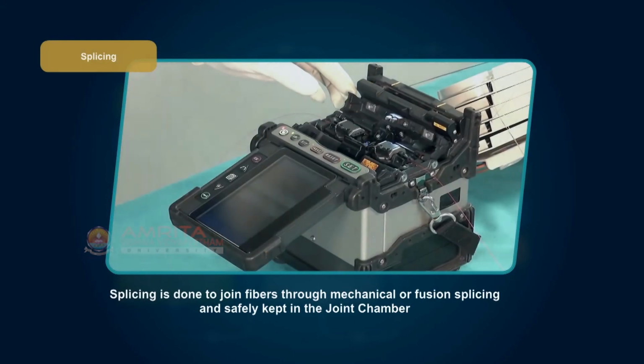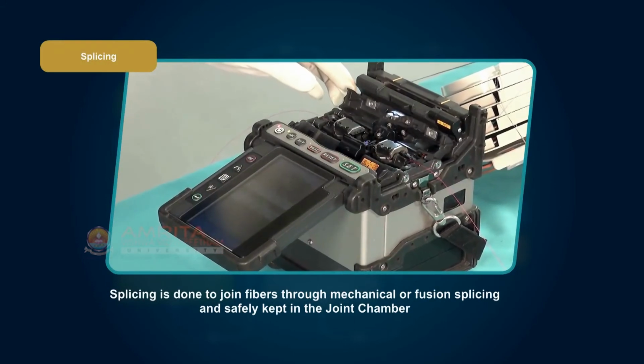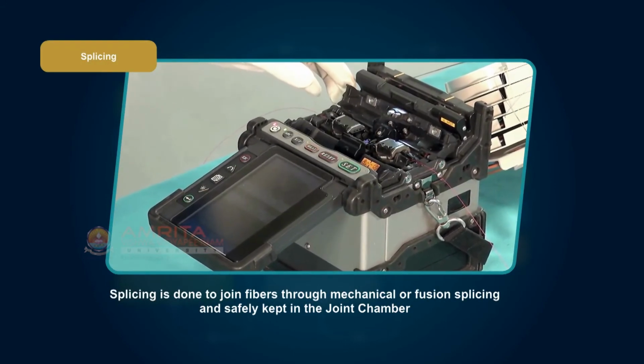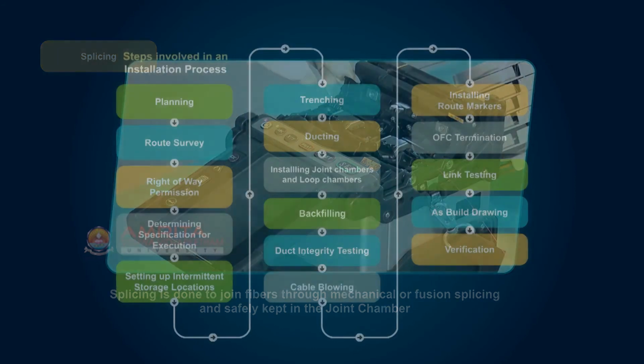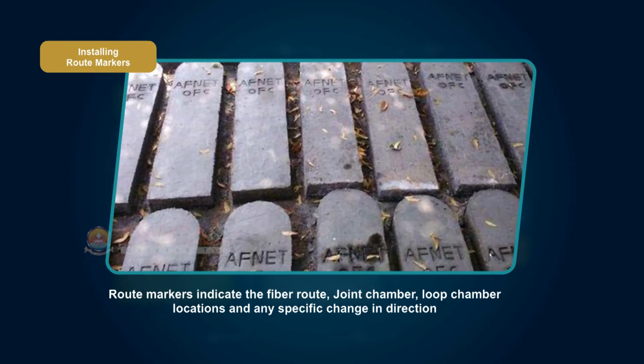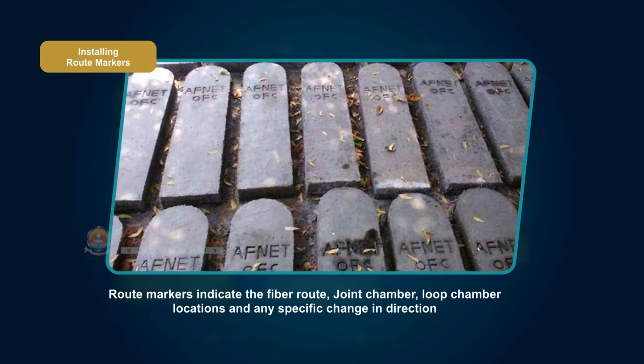After cable blowing, splicing is done to join fibers through mechanical or fusion splicing and safely kept inside the joint chamber. Installing route markers. Route markers are installed to indicate the fiber route, joint chamber and loop chamber locations and specific